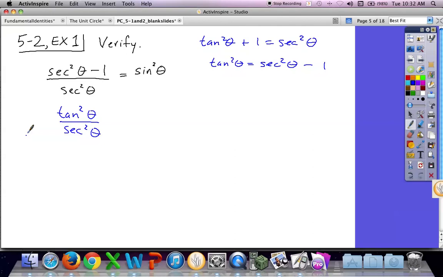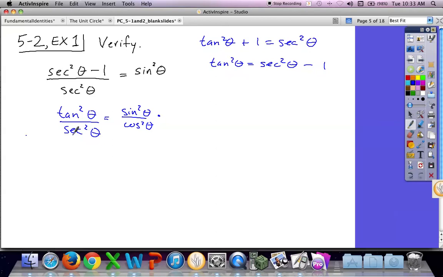So let's write these in terms of sines and cosines to see whether we can get some things to cancel and leave sine squared. How could I rewrite tan squared? Tan squared equals, what's that? It's sine over cosine, right? Tangent is sine over cosine. So this is sine squared theta over cosine squared theta,